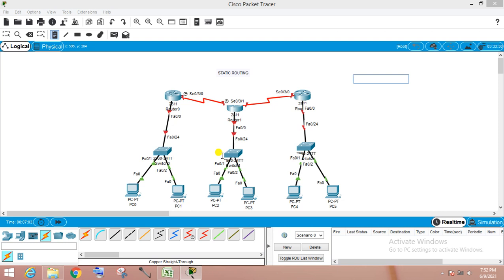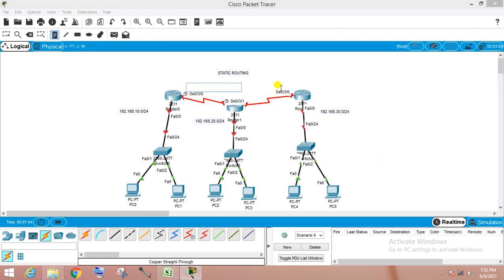Now what IP addresses do we have to assign here? One IP subnet will be here, another here, and one for each of the others. Suppose I am doing this router: 192.168.10.0/24 here, and here I will get 192.168.20.0/24, and here we will get 192.168.30.0/24.